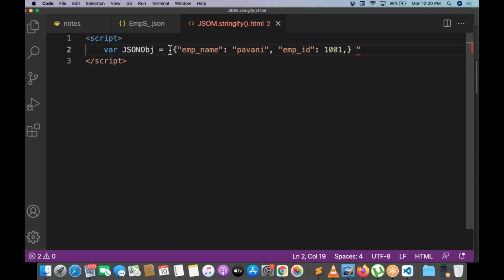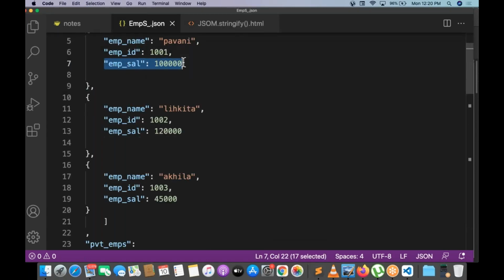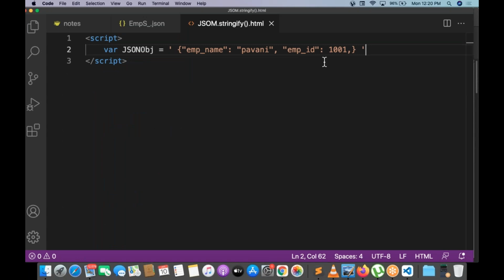Single quotes outside, double quotes inside. Outside double quotes are not allowed, because we are giving them inside. JSON has only double quotes, so we need to take single quotes outside. Employee name done, employee ID done, employee salary. This is the JSON file.